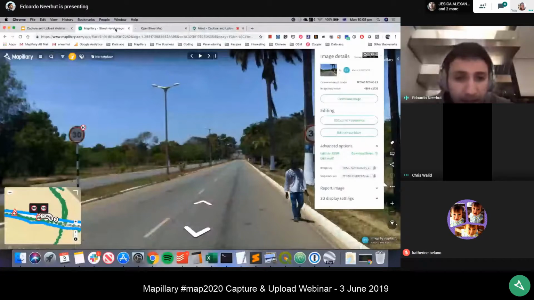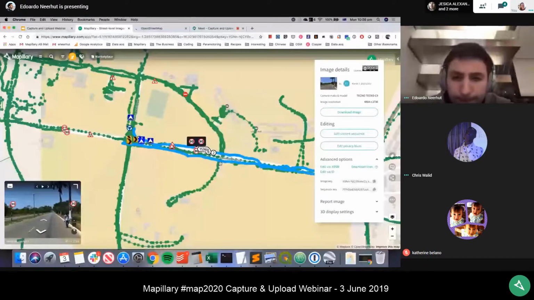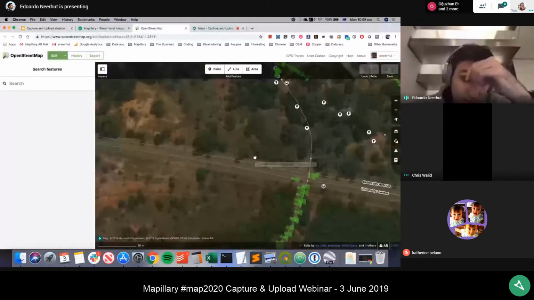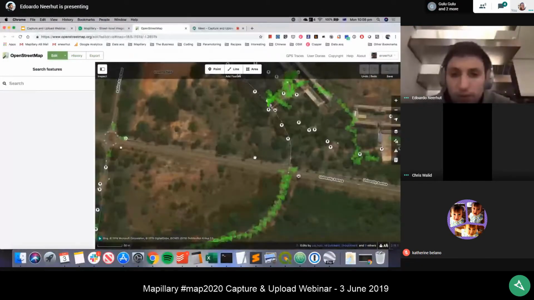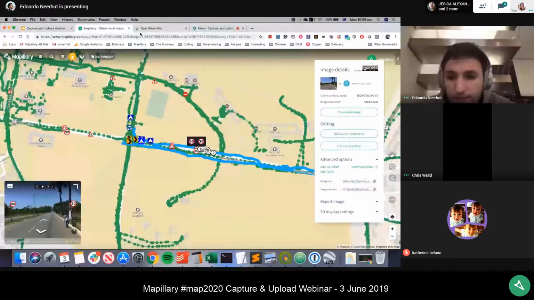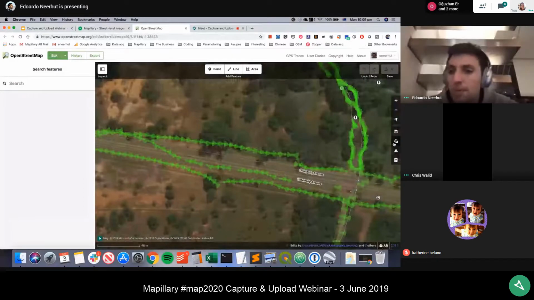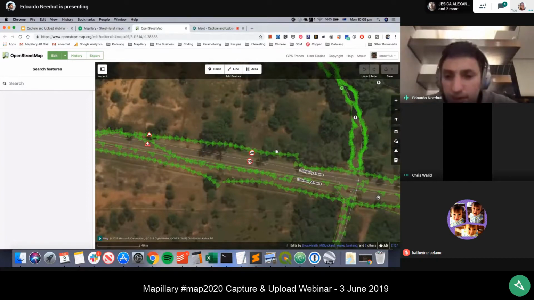We know that it was facing this way, and we can zoom in, and hopefully that imagery should load soon. There we go. Looks like there should be a bit more. Just give it a little while to load. My internet is not the greatest. There we go. So we're seeing the signs loaded.